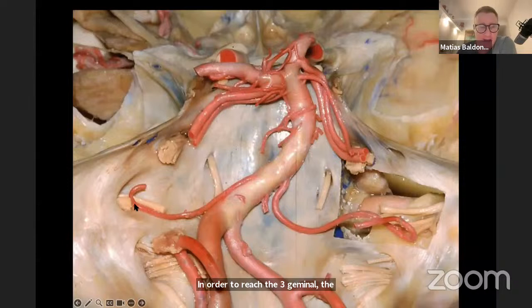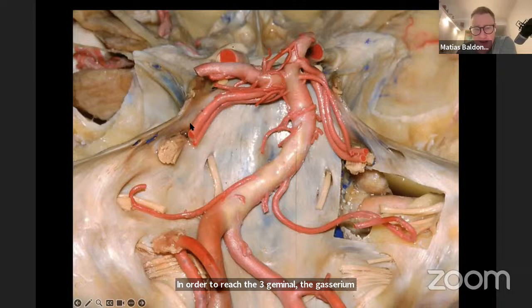Here we can observe the 7th and 8th cranial nerves and the contact of these duplicated superior cerebellar arteries with the nerve. And here we can observe this beautiful anatomical specimen that represents the real situation that we observe in our surgeries